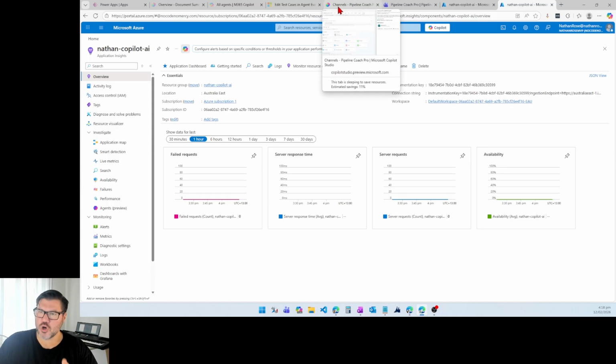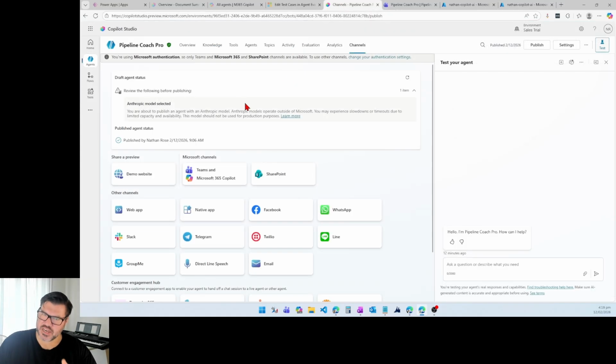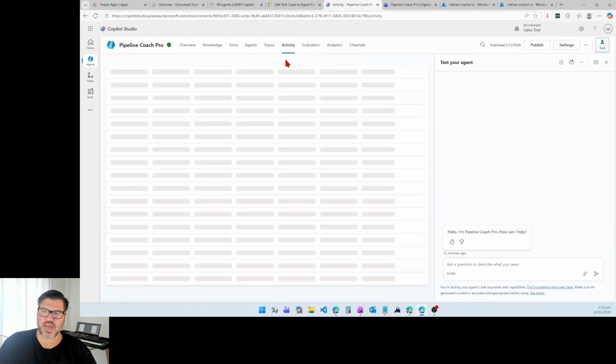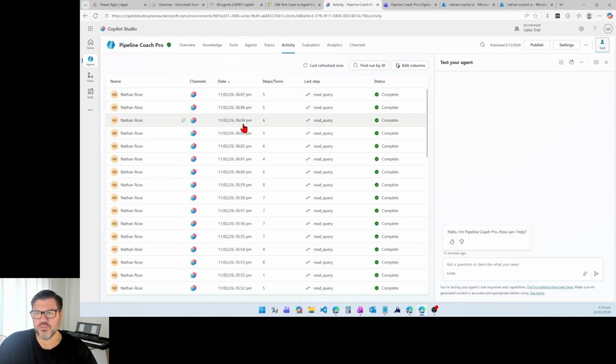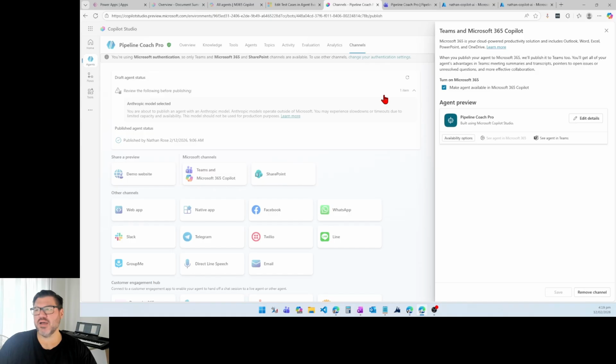Now, when we go to Copilot Studio, we've got a couple places where we can get details about the agent runs. Firstly, we can look at activity. Now, this is mostly going to show us test runs within the agent here itself in Copilot Studio. Or if we're running an autonomous agent, it'll show us a bit of information about that. But if we deploy it to different channels, say we've deployed it to Teams and M365 Copilot, which is a common scenario when you are building custom agents,